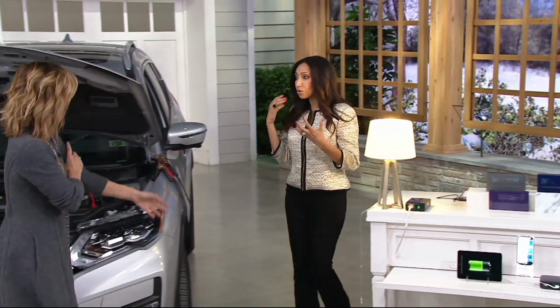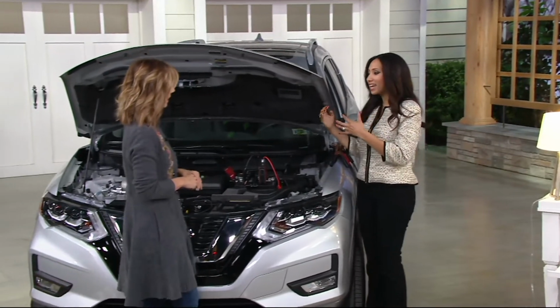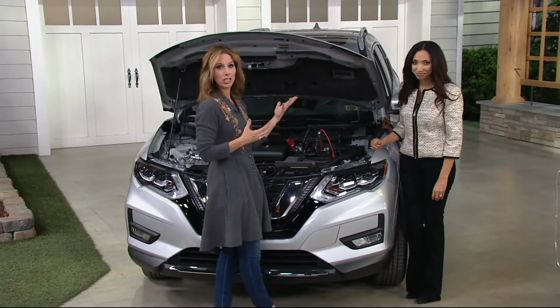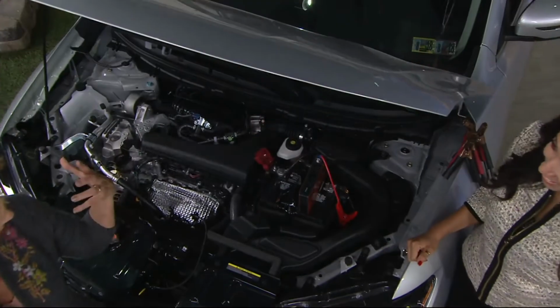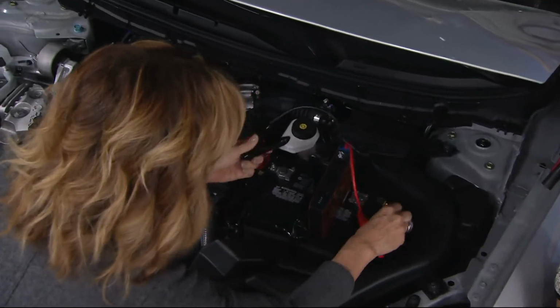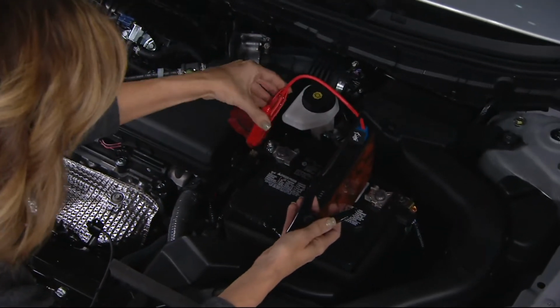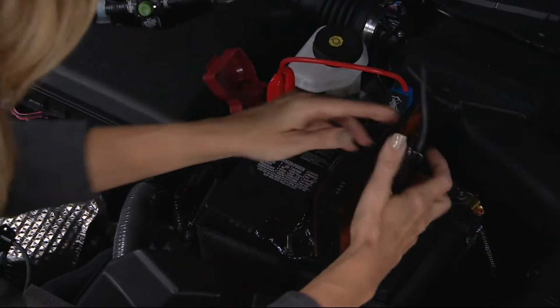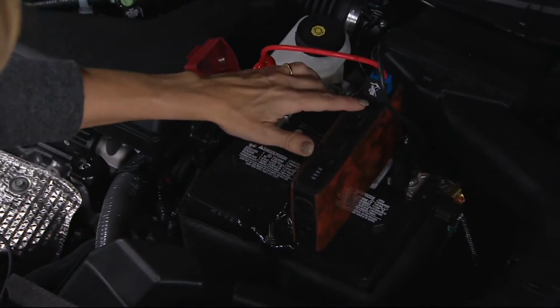Well, can we show everyone? Absolutely. Because if you're thinking, all right, well, how exactly does it work? This has some great features built in, so it's not as an intimidating process. Just imagine, dead car batteries never come at convenient times, right? As soon as you realize that you have a dead car battery, all you need to do is simply connect the cables to the bolt itself, and then you connect red to red, black to black, and you press one